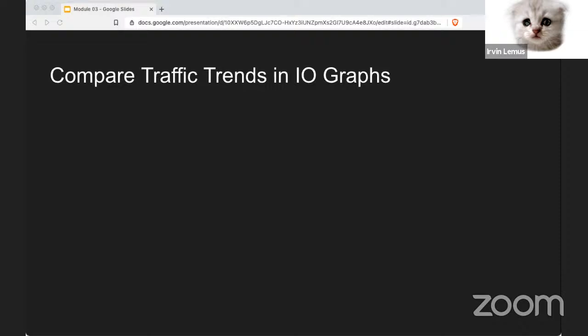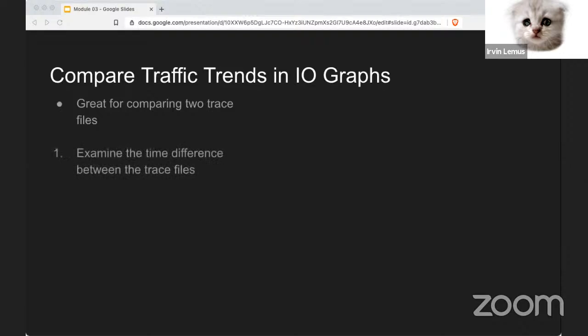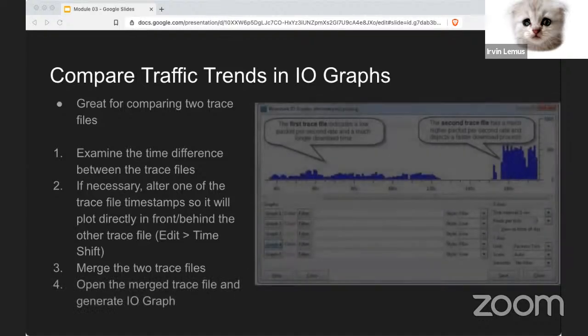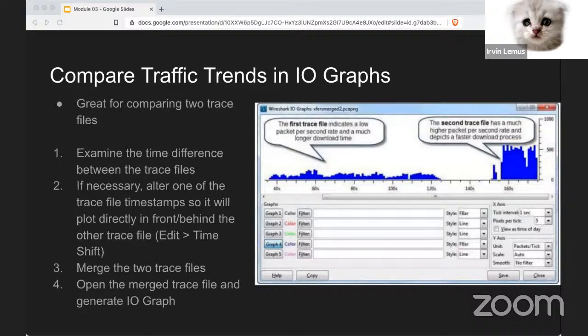You can compare traffic trends using the graphs. You can bring in two files and compare them together. For example, in order to do it, you'd first examine the time difference between them. You'd need to alter the time if necessary so that they're the same, and then merge them, and then open the merge trace file and see the